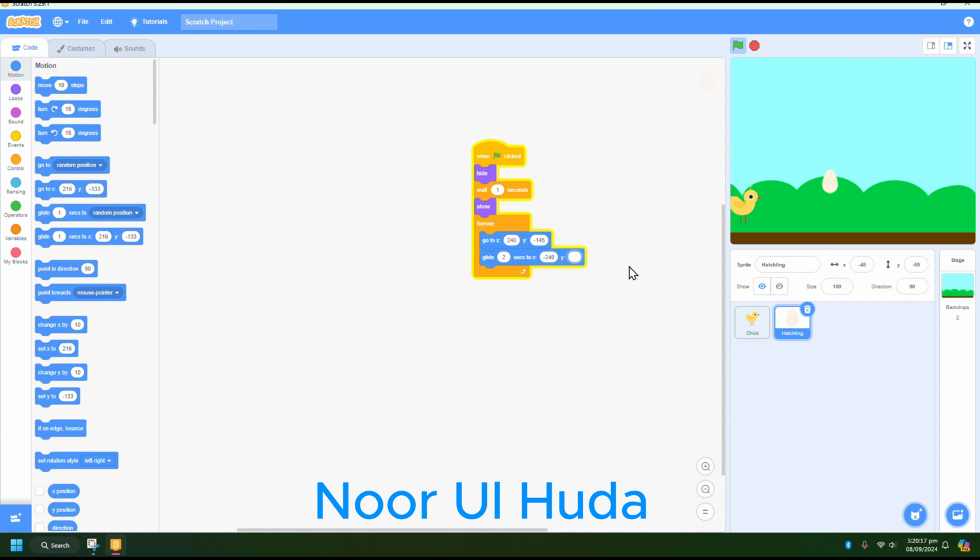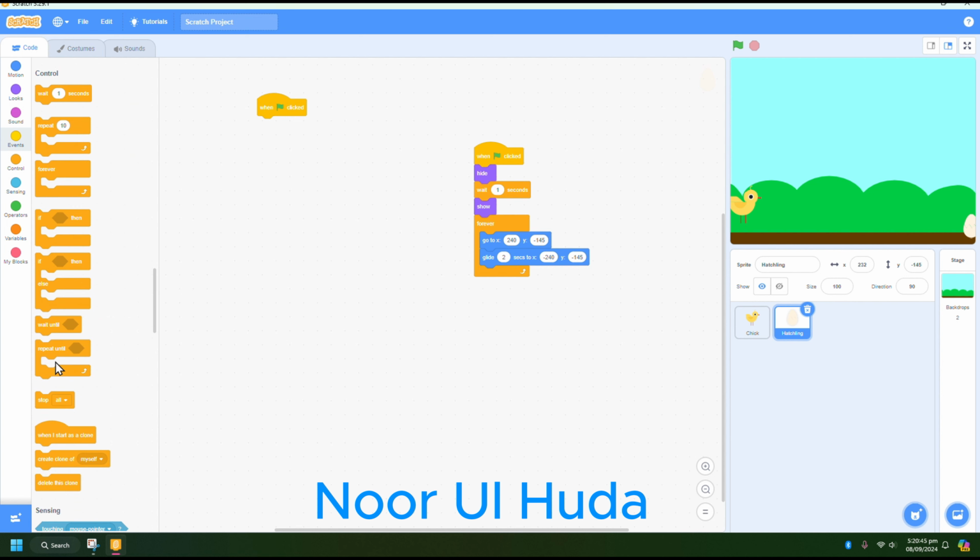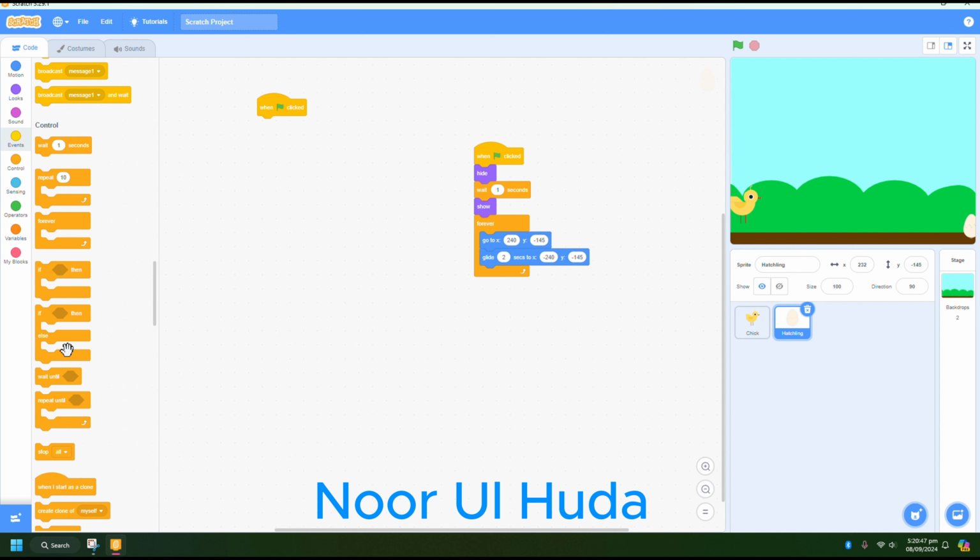Oh, we need to stop the eggy. Oh, egg is flying. No, the egg must not be flying. How could the egg fly? It's all wrong. But why is our egg flying? Because we were not having this. Okay. When click flag in events, now what we need to do is